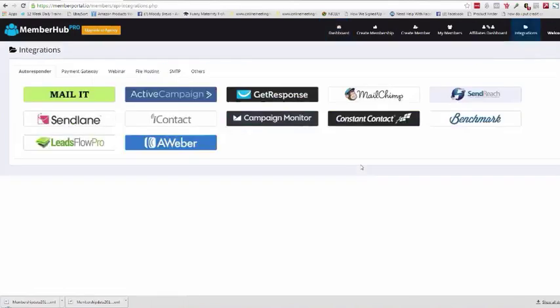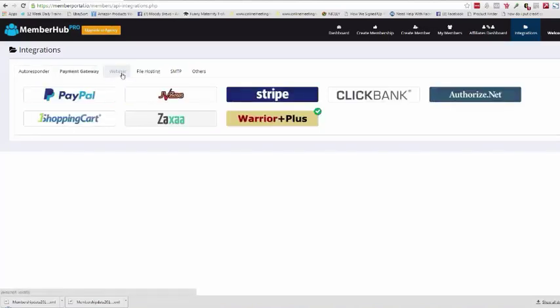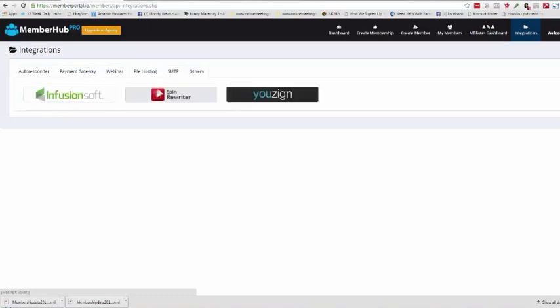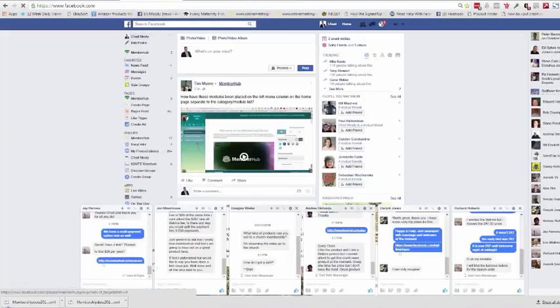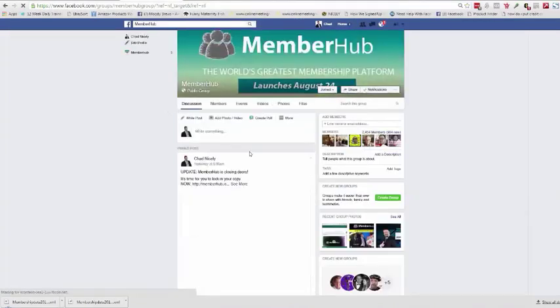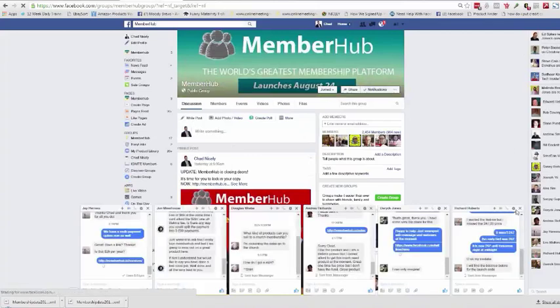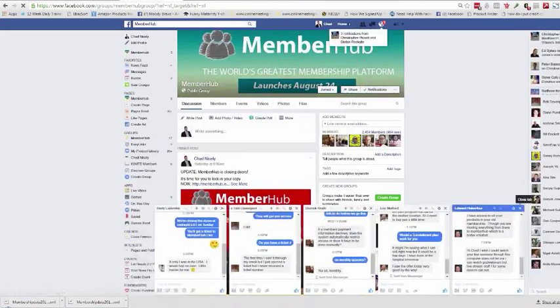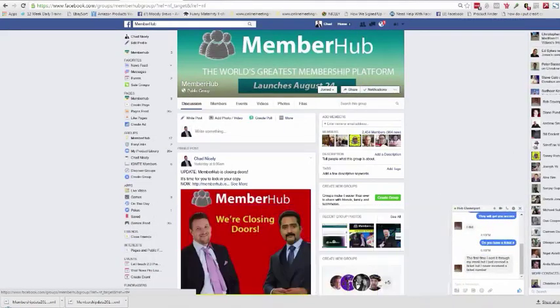And if I come over here to the integrations, you'll see that a lot of these are pro integrations, but we're integrated with so much, and we have so much more to get integrated with, okay? So you can see that we're definitely taking things to the next level, and development is going to continue even after this is over. So you're also going to be a part. Todd is in this group. He's been watching things. It's been going crazy, right? Let me close all these windows here. Okay, so you can see here, guys, that everybody's blowing up. Sorry. There are so many people trying to get into MemberHub tonight, and I'm on a webinar, guys.